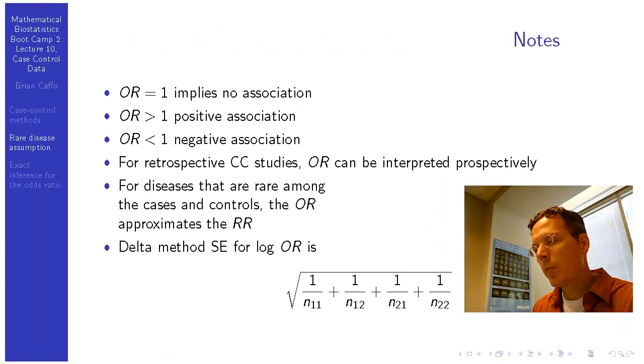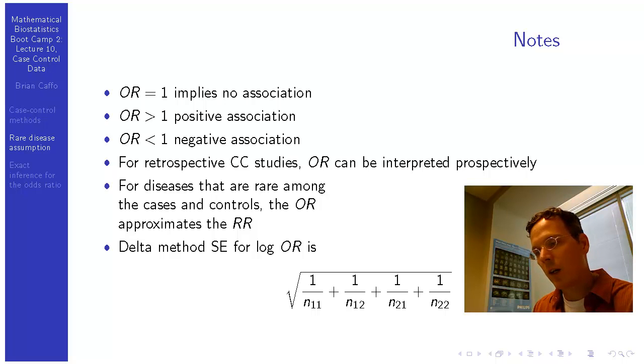So let's just recap about the odds ratio. An odds ratio of 1 implies no association. Odds ratio greater than 1 is a positive association. Odds ratio less than 1 is a negative association. For retrospective case control studies, odds ratios can be interpreted prospectively. For diseases that are rare among the cases and controls, the odds ratio approximates the relative risk, and the delta